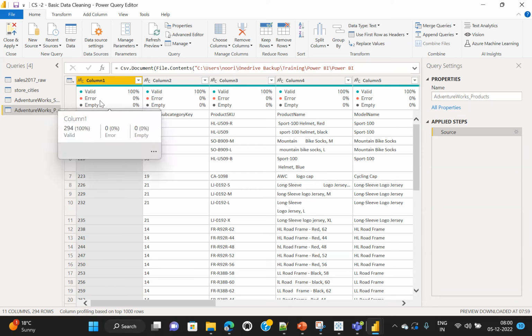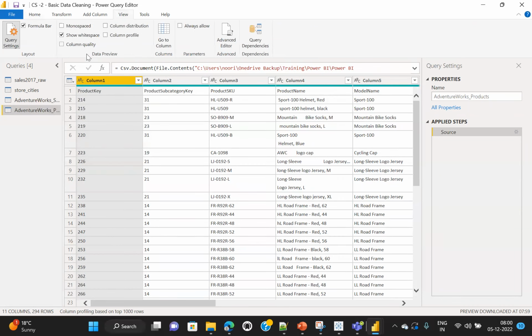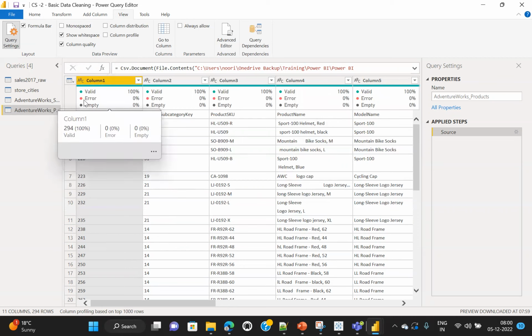Fine. And this valid, error, empty, we have just enabled this one for checking the quality. You can also turn it off. If you have got your data for the very first time and you want to check the quality of your data, you can enable it, and you can check how many errors we have in this column, how many empty cells we have in this column, and how many valid data we have in this column. All this information you will be able to see about your column here in the